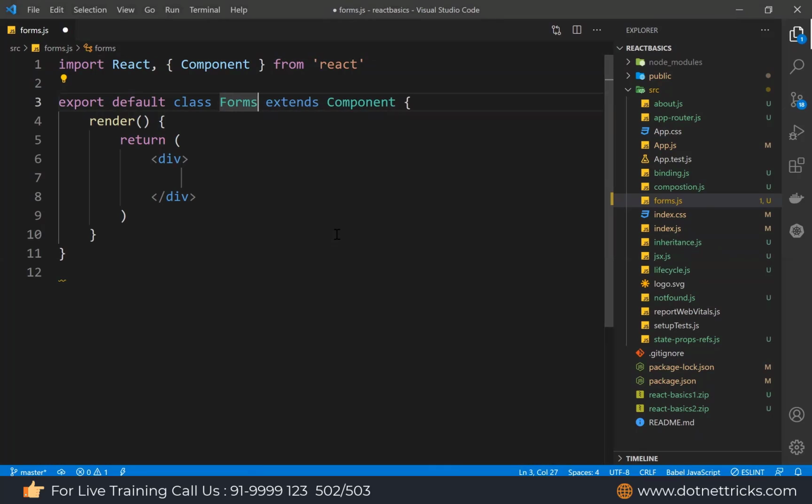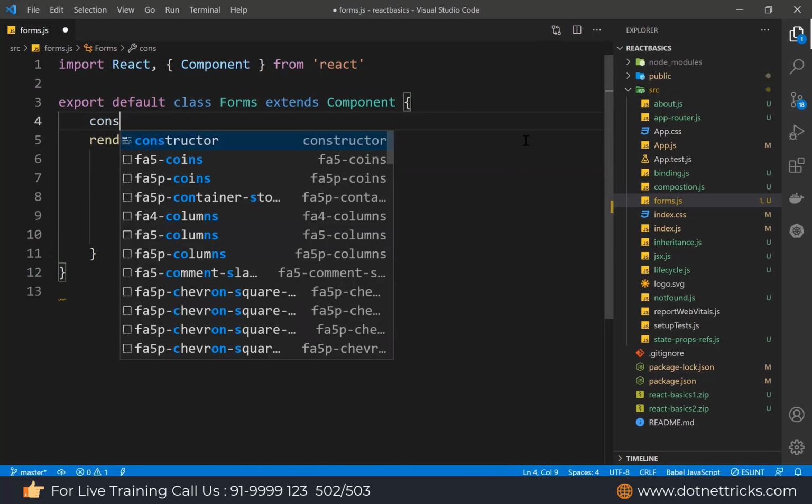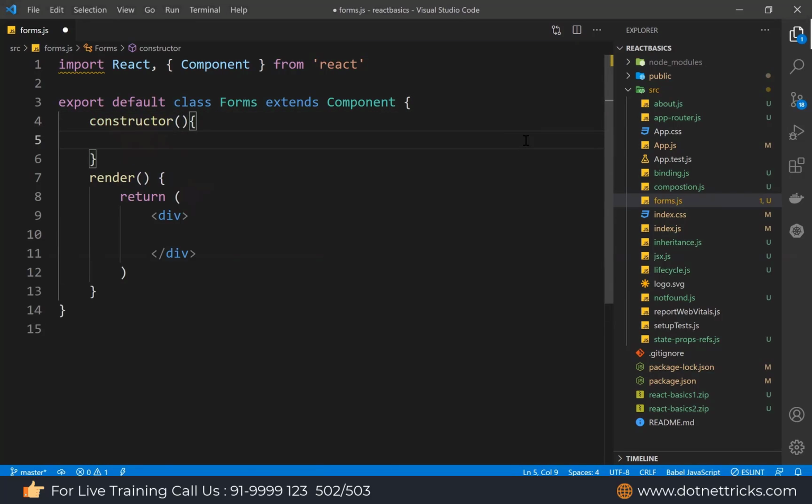Let's define the component name. You should make a habit of using a capital letter. Now, to define the user form, what are the properties you're willing to define? What are the various validations you're willing to define over there? With the help of the state, we can define it. Let me use a constructor, and in the constructor, let me call the parent class.